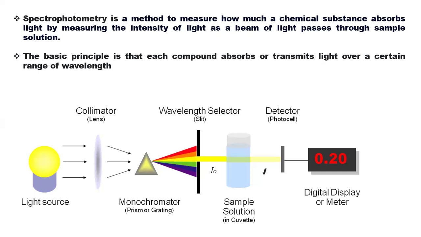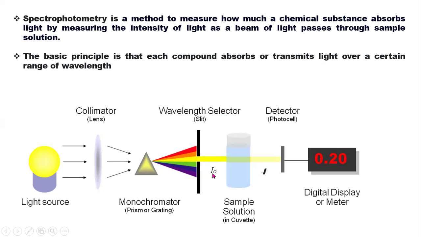If you look at this picture, this diagram is trying to explain how the spectrophotometer works. You have a light source that is passing through a lens, which is a collimator, and you have a monochromator, which usually is a prism or grating that will help in focusing the light on the slit, which is the wavelength selector. So now, as the light is passing,